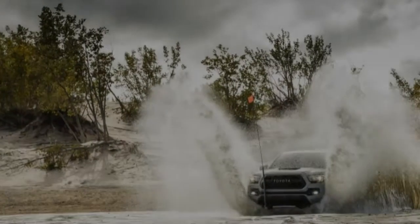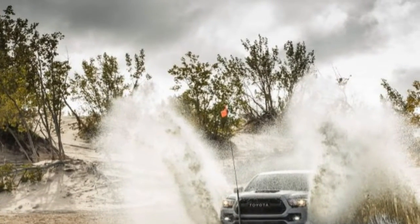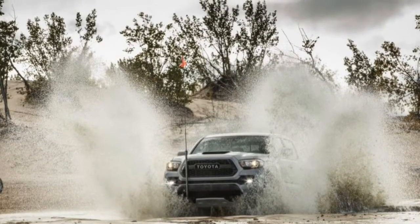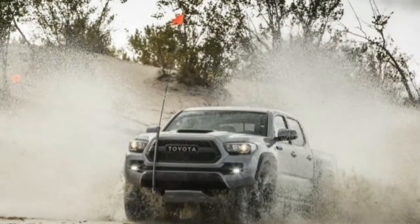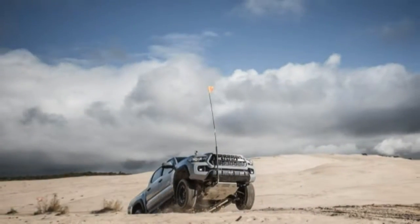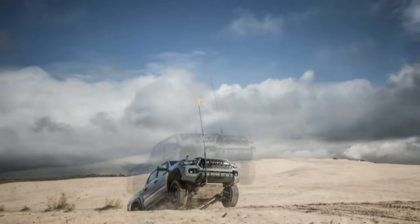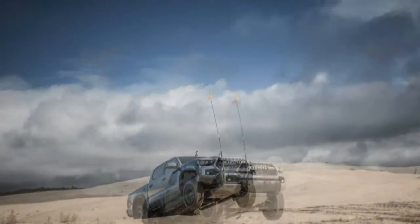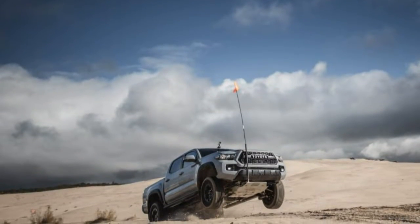Order tacos, and it's inevitable that you'll be asked whether you'd like a soft or hard-shell tortilla. The same is true for tacos of the four-wheeled variety. Want a soft-shell Toyota Tacoma? Stick with the City-Slick-In Limited and TRD Sport models. But if you want a hard-shell truck formed with chunks of broken glass for added crunch, look no further than